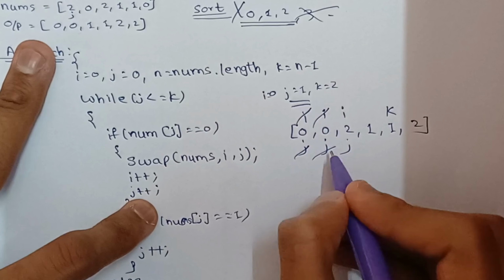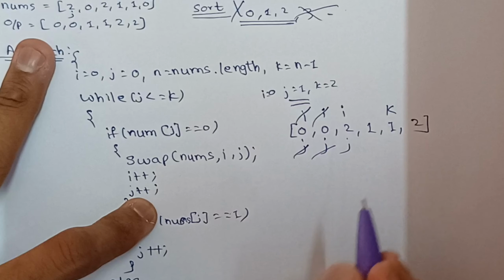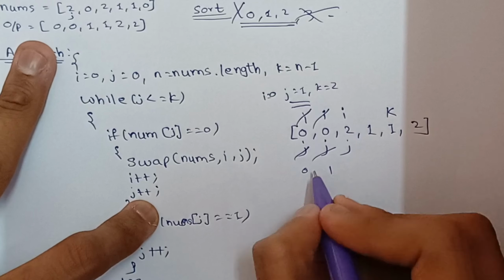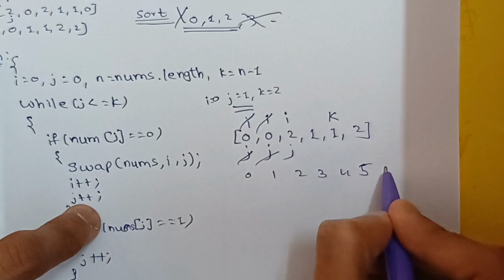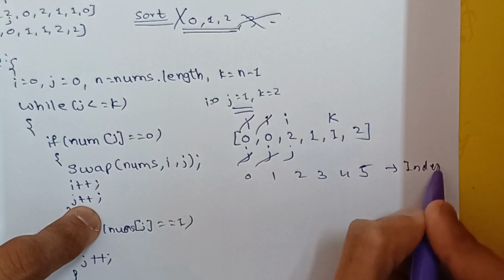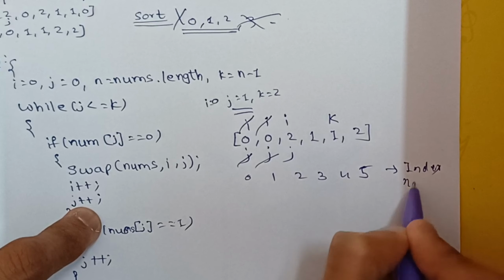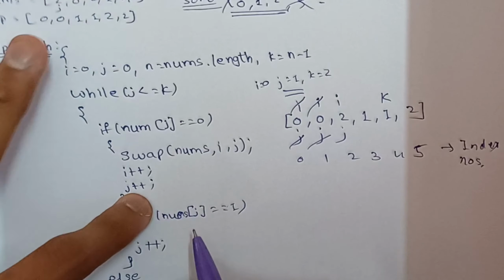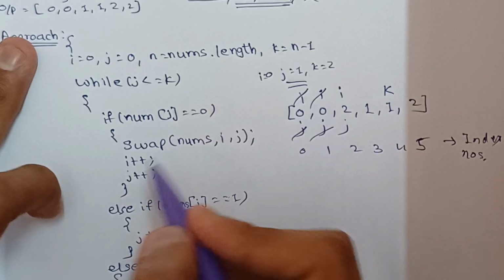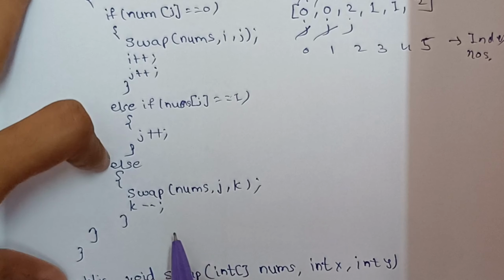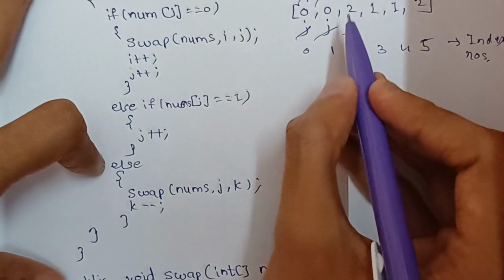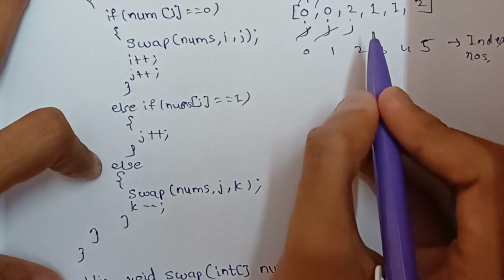Now I and j pointers are at index number 2. This is index number 0 1 2 3 4 and 5, these are the index numbers. So now we will run the loop again. Is it 0? No. Nums of j equal to 1? No. Then again it will run the else part. The else part says to swap the j and k,